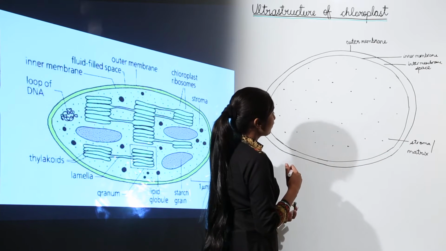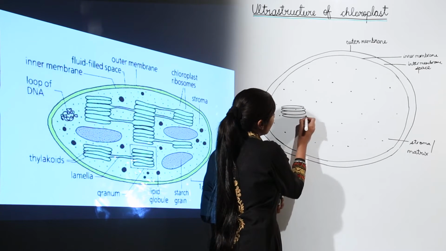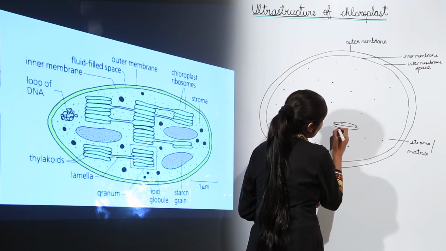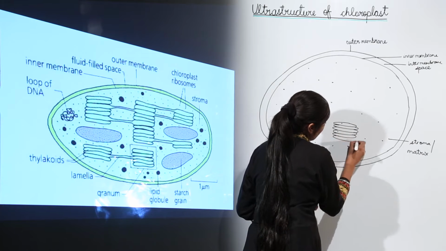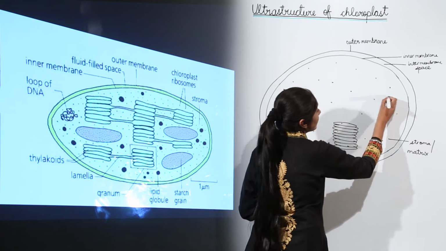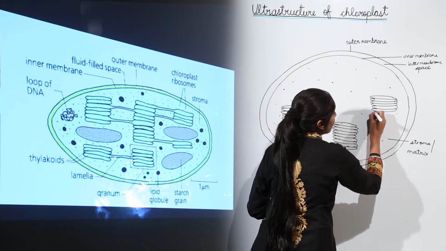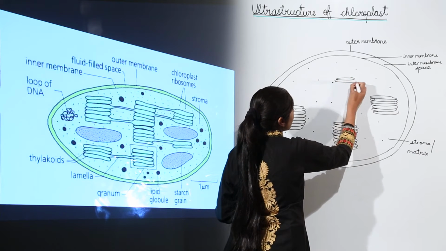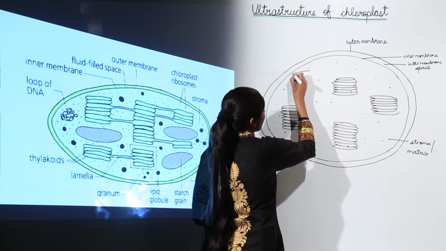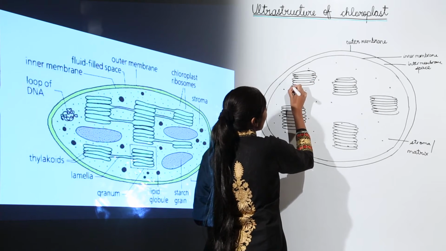Okay. So next we move on to the thylakoids. Let's make a few thylakoids also. I am making discoid thylakoids. Okay, these are the discoid thylakoids. Like this. Let's make two more. These discoid thylakoids. Okay, you can make it like this. Simply because they are disc shaped, just draw them disc shaped, discoid thylakoids, very easy to make.